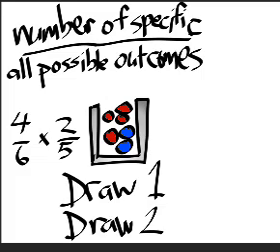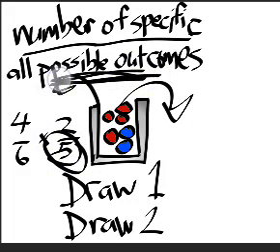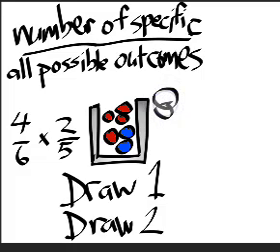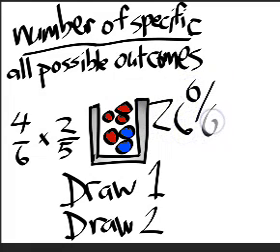Because since it's a dependent event, right, this number, the number of possible outcomes, changes on the second fraction. So you multiply those two fractions, and you get something like 8 over 30. You divide that out in your calculator, you get 0.266. Change the decimal into a percent, it's 26%. So there's a 26% chance if you don't replace after your first draw that you'll draw a red and you'll